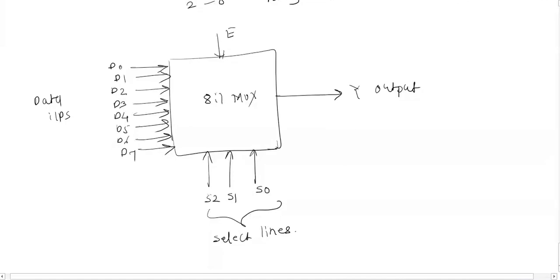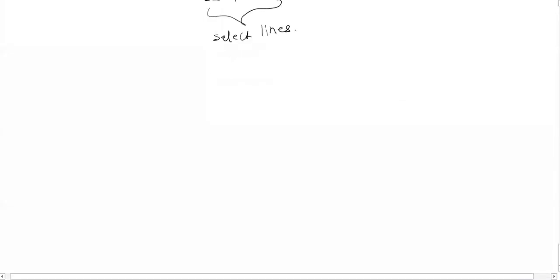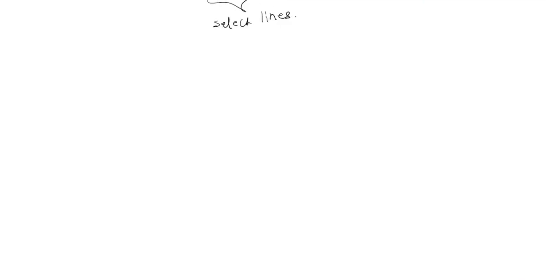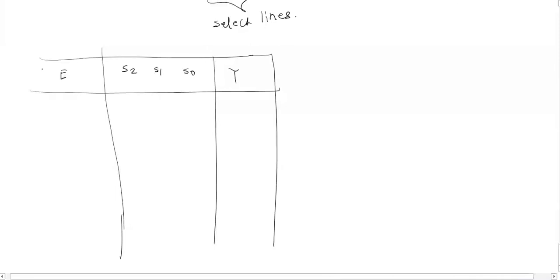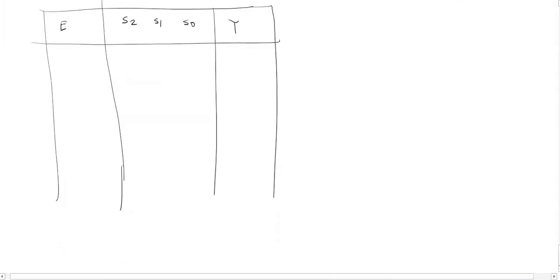Now we can draw the function table for the 8:1 multiplexer. The inputs are the enable signal, enable is equal to 1, then select lines S0, S1 and S2 and output Y. Now 3 select lines are the inputs used by the 8:1 multiplexer, so the 3 variable input possible combinations are 8.